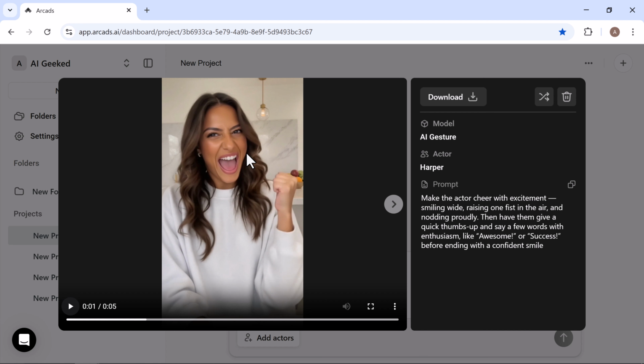This is really impressive. You can see how natural and realistic the gestures look. It instantly makes the video feel more alive. The link to the website is right there in the description. Go ahead and enjoy it. And if you're happy with it, you can also download it directly from here and start using it in your